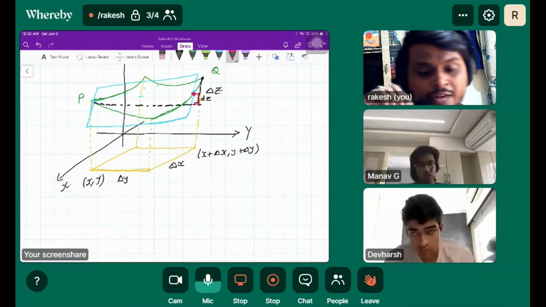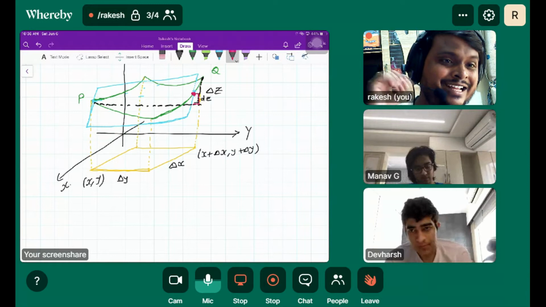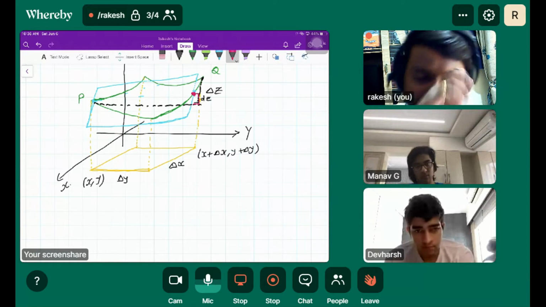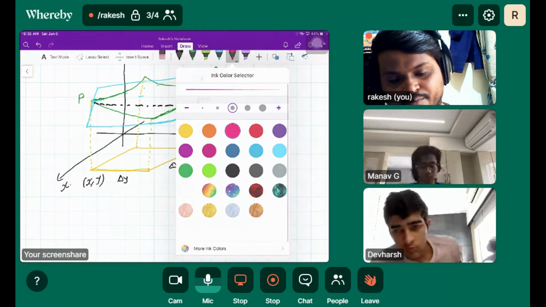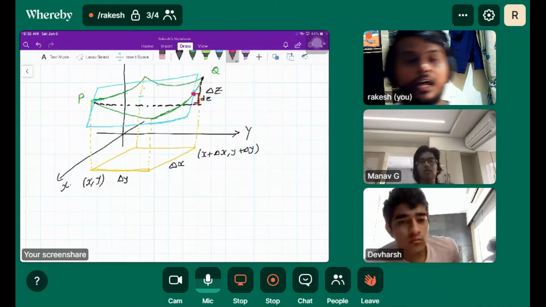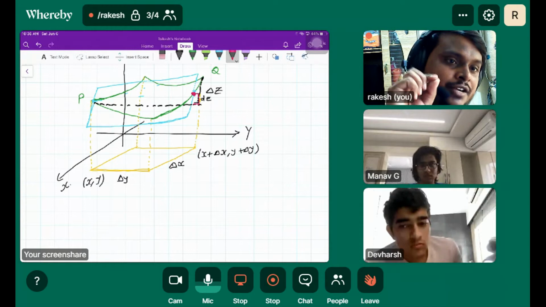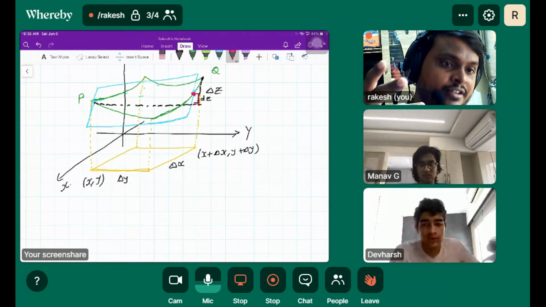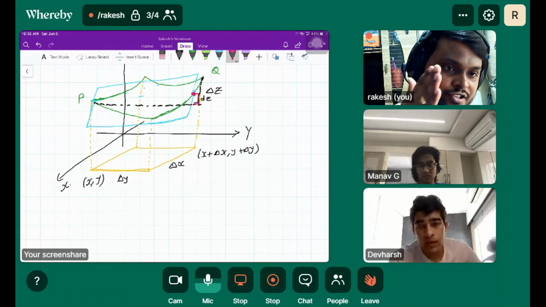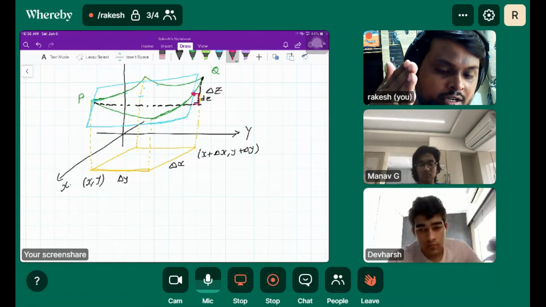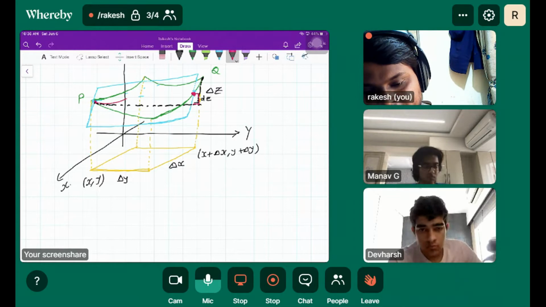So how would I approach Q? That is my point. How would I approach Q? By taking del y and del x. So basically we'll start from P. We will start from P, and I'll go along the x-axis, keeping y constant. From there the partial derivative came from. Do you remember that? So I'll keep y constant and go along the x-axis. If I start from P, I'll go like this.